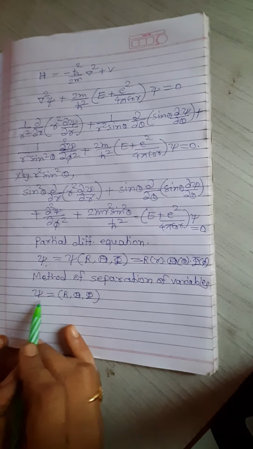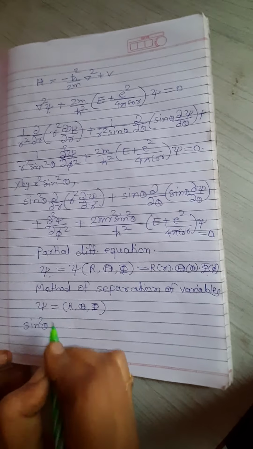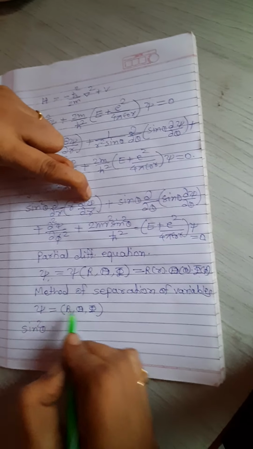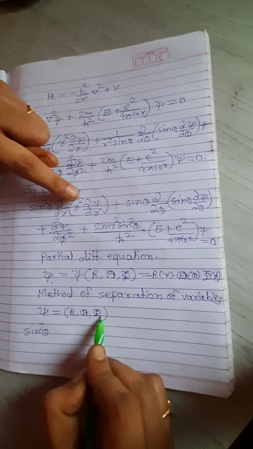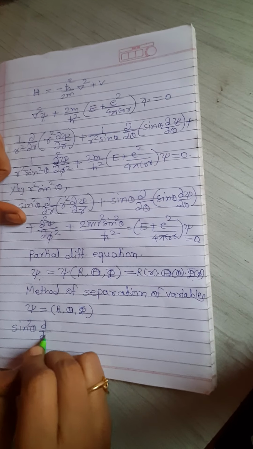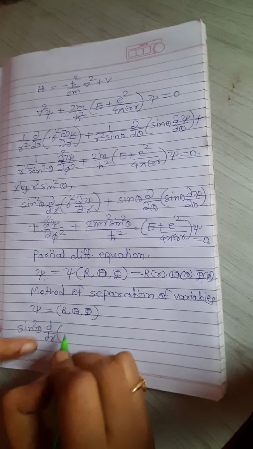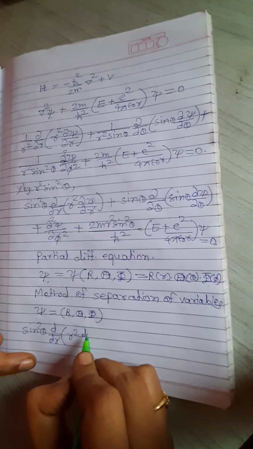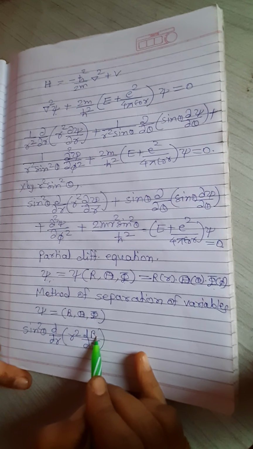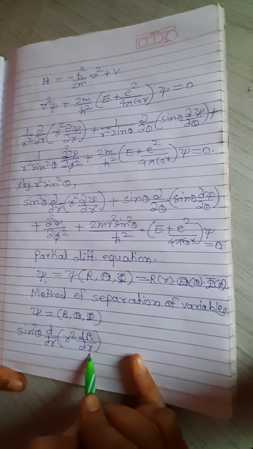Now I'll show you for the first term. Rest of the things will be same. We have sine square theta. Now as I said, since in place of psi we are substituting these three terms and we are differentiating with respect to r, I'll be writing it like this. Now try to understand the difference. This is dou by dou r and this is d by dr. Rest of the things will go like this. This will be dR by dr. Earlier I told you that there is a difference between capital R and small r. So here it will be capital R and here it will be the small r.